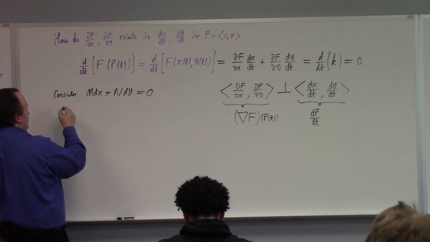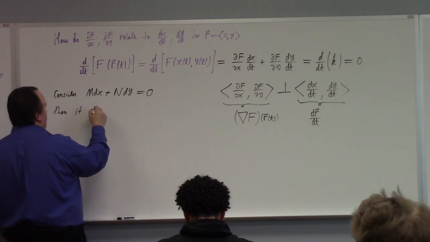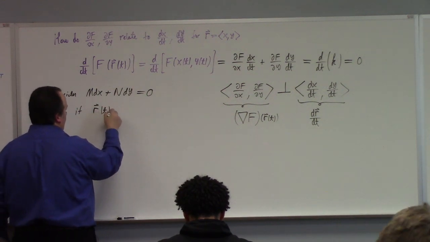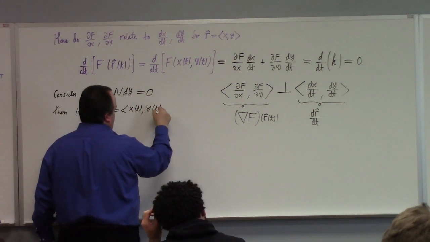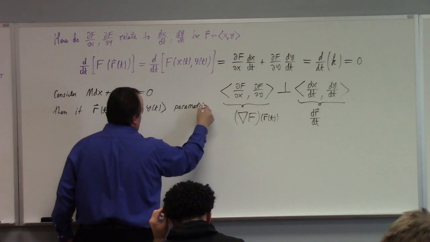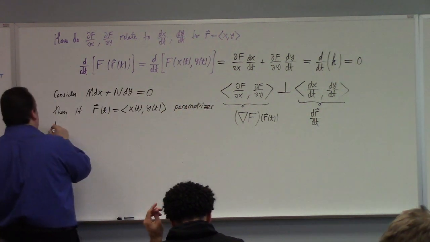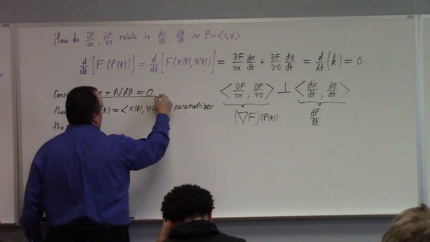Okay, let me say it this way. If r of t equals, say, x of t, y of t, parametrizes the solution to star,